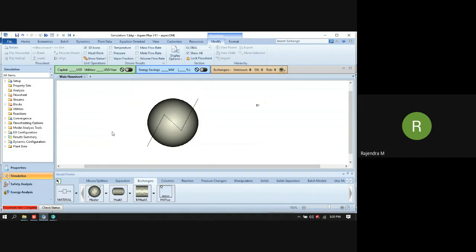So you can look at, as I drag this to the main flow sheet, it will show you the red kind of arrows. So red arrow indicates that these are compulsory connections that have to be provided in order to convert your simulation or this palette. So connect this tab, feed, then outlet, product stream is required.